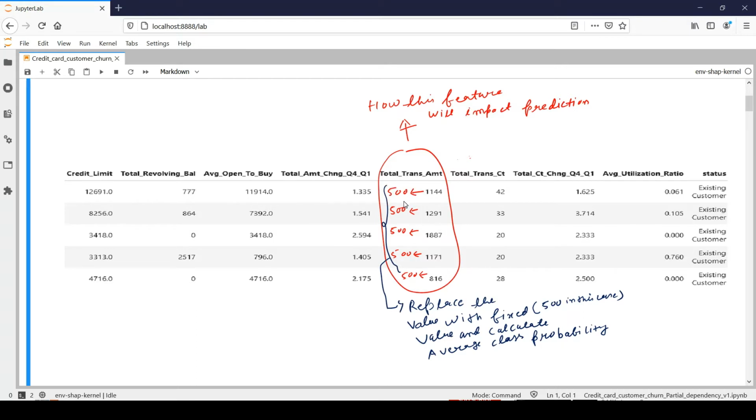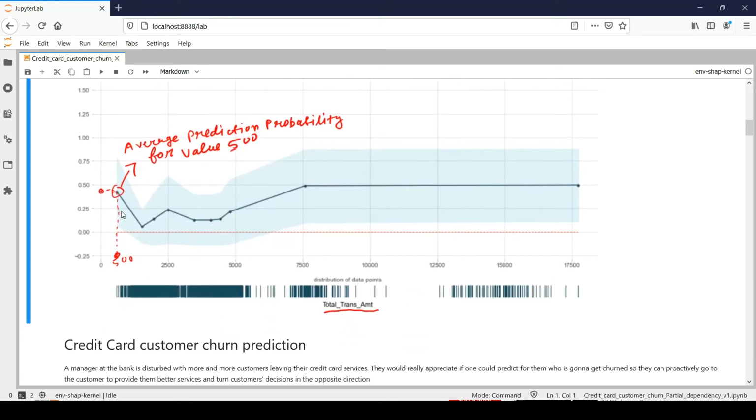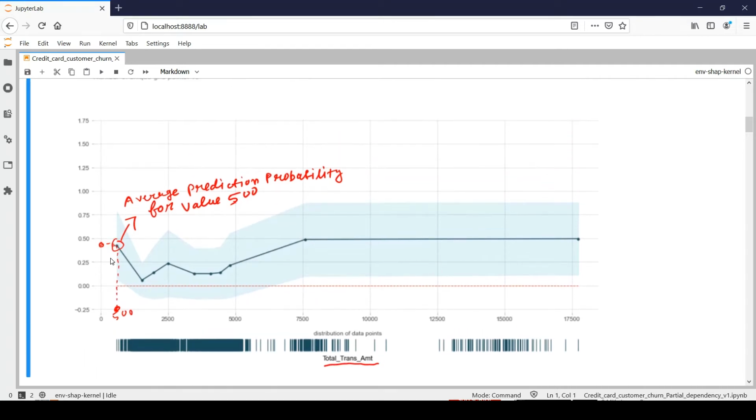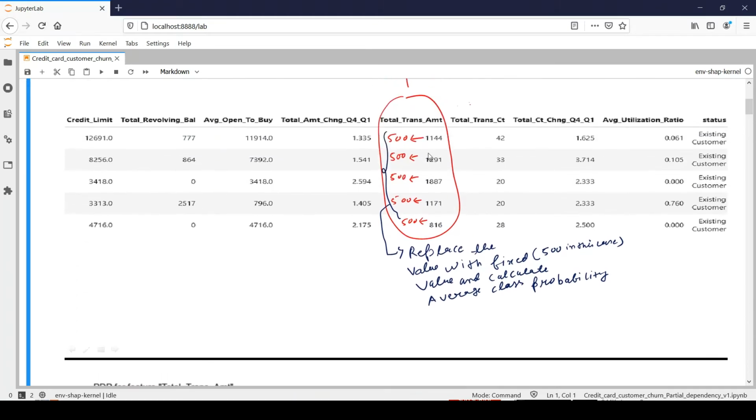Here I am replacing it with 500, and this should come out from your distribution pattern. Say for example your total transaction amount varies from 500 to 17,500. You need to take a value from this range and replace all the values with that fixed value. Here I am taking 500.